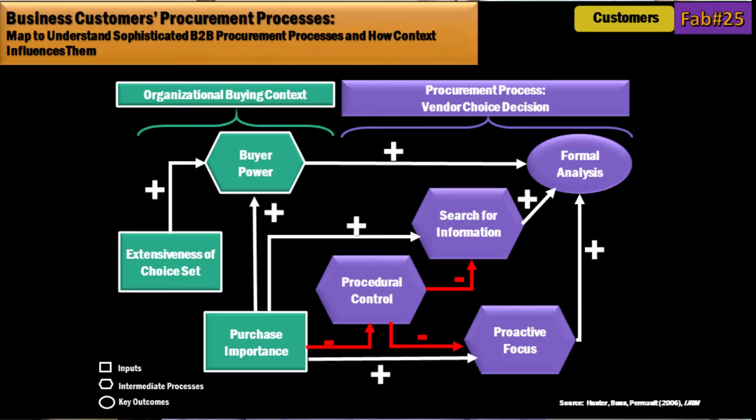So the buyers may be developing the formal analysis, the deciders are using these formal analyses, but they'll often have processes within their organization that lay out the criteria for how they're going to go about procurement. This is a study that looked across multiple organizations to develop what are some of the major steps and how do some of those major steps come into play in affecting the outcome of a procurement process.